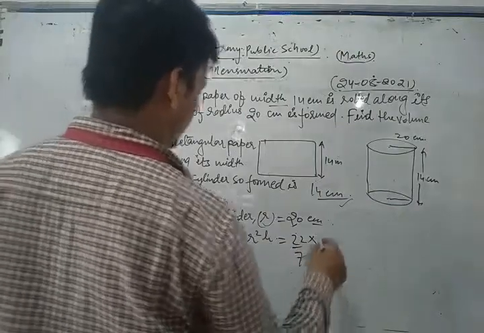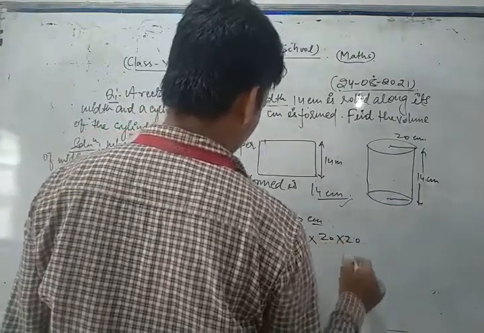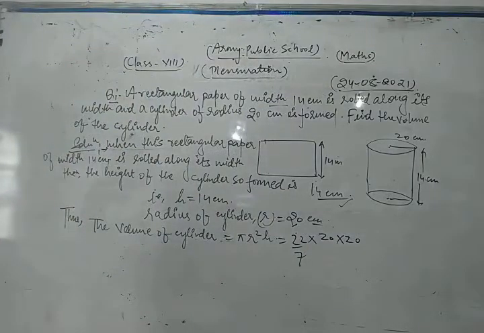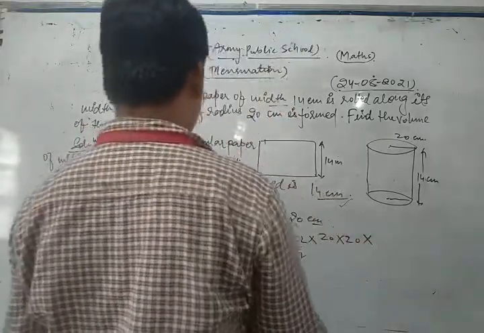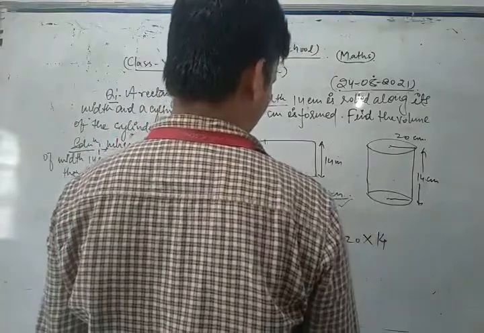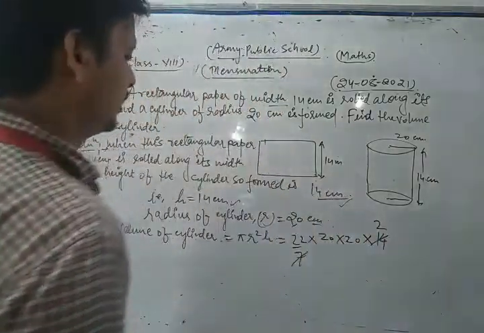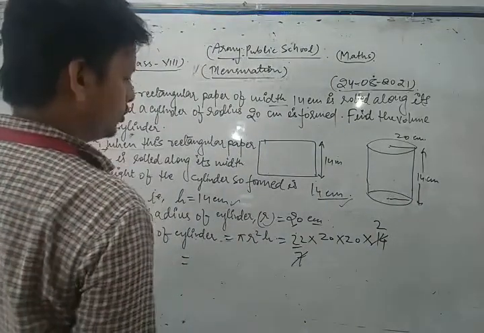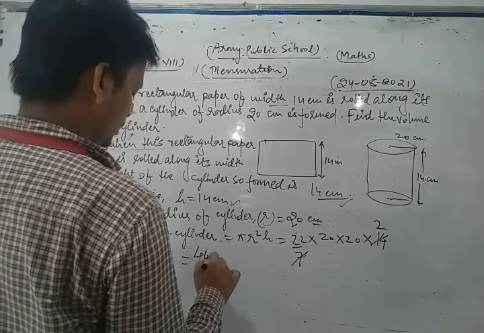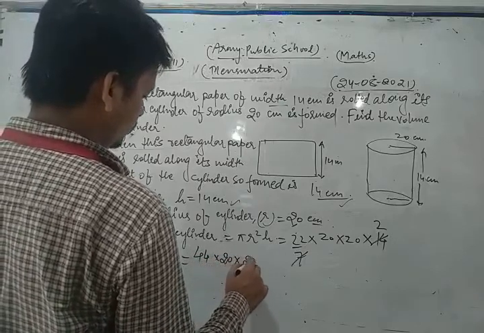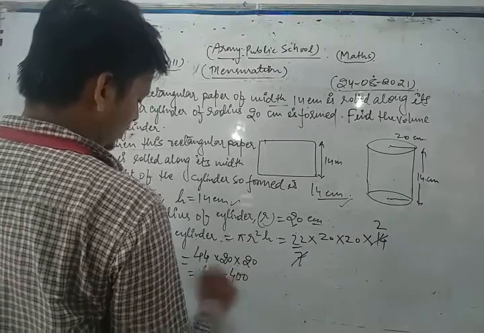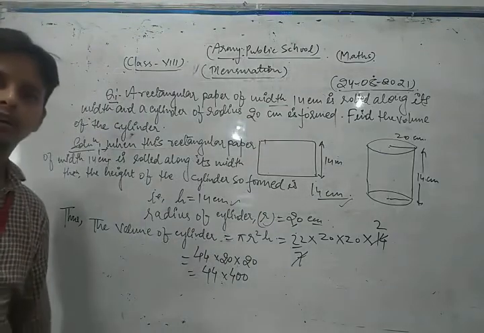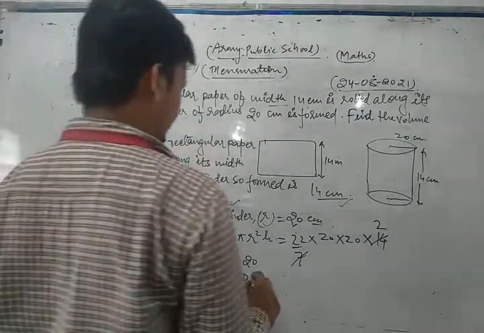r square. This is 20 into 20 now. This is the radius of the cylinder, 20 into 20 into h is 14. So 7 to the 14. So we get what? 22 into 2, 44, into 20 into 20. So we get as what? 44 into 400. Okay, now multiply them, we get